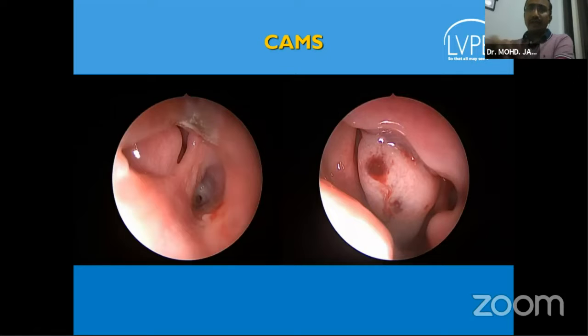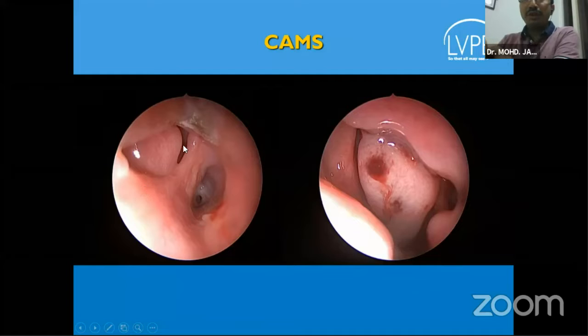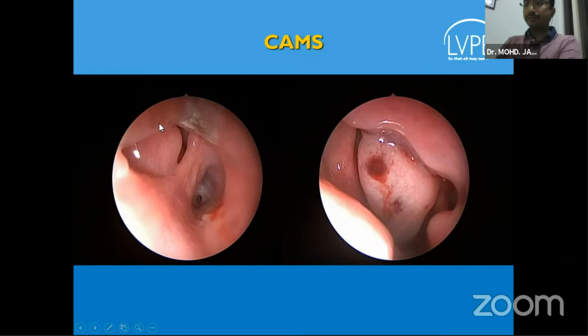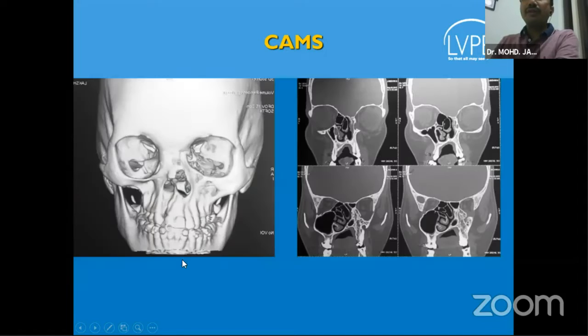But if you look at the nasal cavity, in the picture on your left, what do we see? There is a nice septal perforation through which you actually see the middle turbinate of the opposite side, but there is no nasal cavity here. There's only the floor, and that too is atretic. At the end of it, you see a very tiny atretic posterior choana. In the other normal nasal cavity, there is a large concha bullosa, and you also see the same septal perforation. So it's a little complicated. Now the question is, if there is no nasal cavity, where are we going to do the DCR?